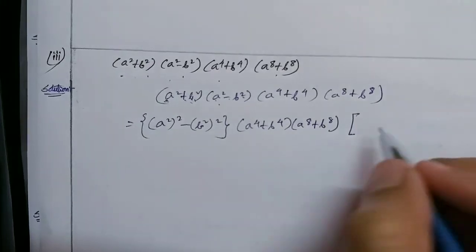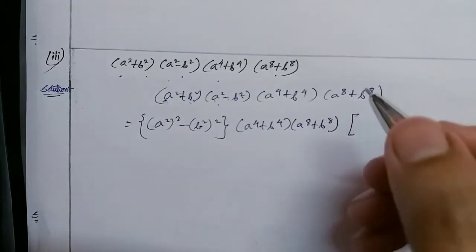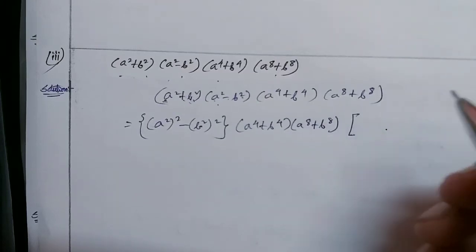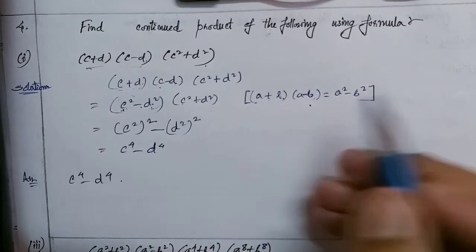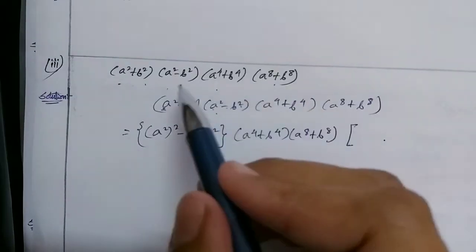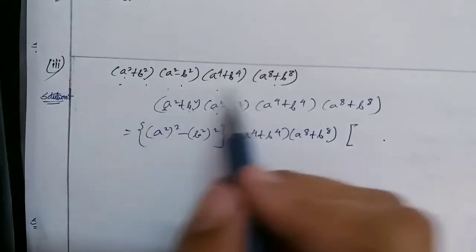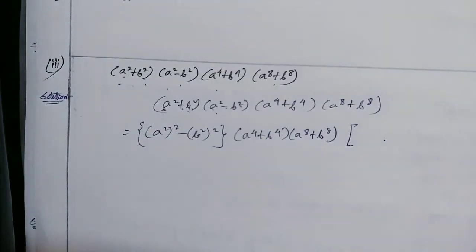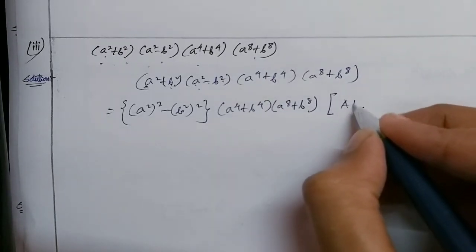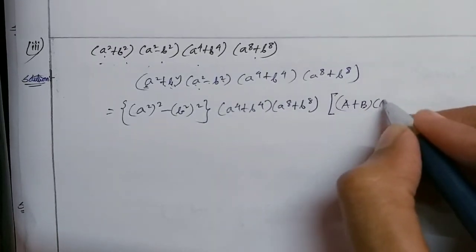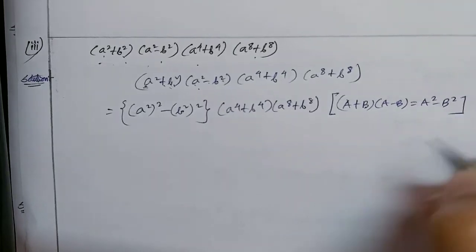Now I am going to mention the formula here, but you know that commonly we use small a and small b for writing the formula like we did here. But for this question, you can see that small a and small b have already been given in the question, so we cannot use the same thing here. We have to write capital A and capital B. So this will give you A square minus B square.